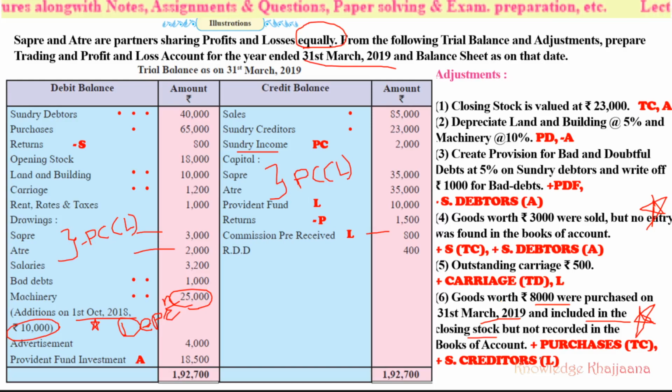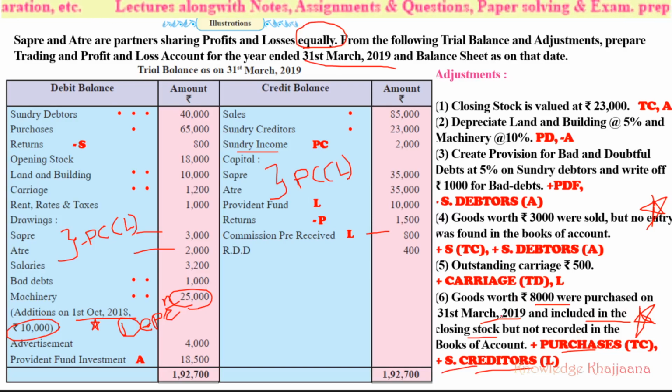Okay, but those goods were not recorded by the person who looks after the purchases. So we have to record to the purchases, but we don't have to add to the closing stock, because those goods were added to the closing stock by the manager who looks after the warehouse or the stocks. But not recorded in the books of accounts means what? So we have to add to the purchases, and as the purchases must have been done, creditors were generated. Okay, so in future the people from whom we have purchased may come to ask for the money of rupees 8,000. So we have to record the creditors also.